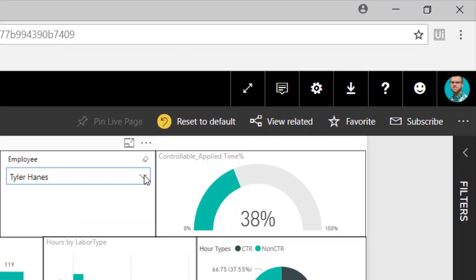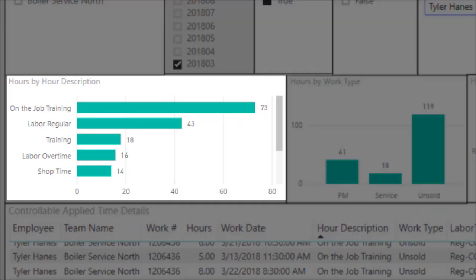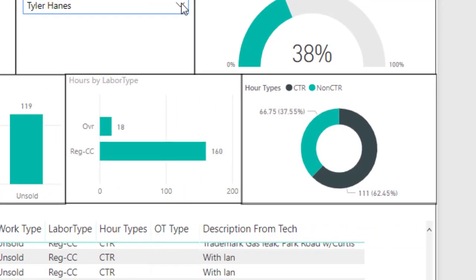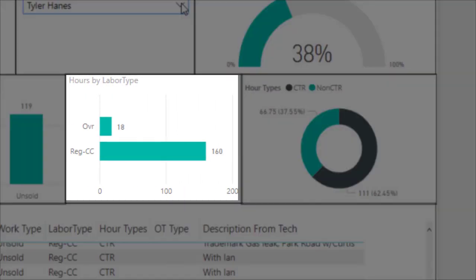First, we can see the controllable applied time tile in the top corner that shows the same 38% that we saw for Tyler on the Tech Summary page. Next, we see a breakout of his hours by description. The tile to the right categorizes his time by PM, service, or unsold work. Next, we see a breakout of his time by overtime versus regular time. And as a note,